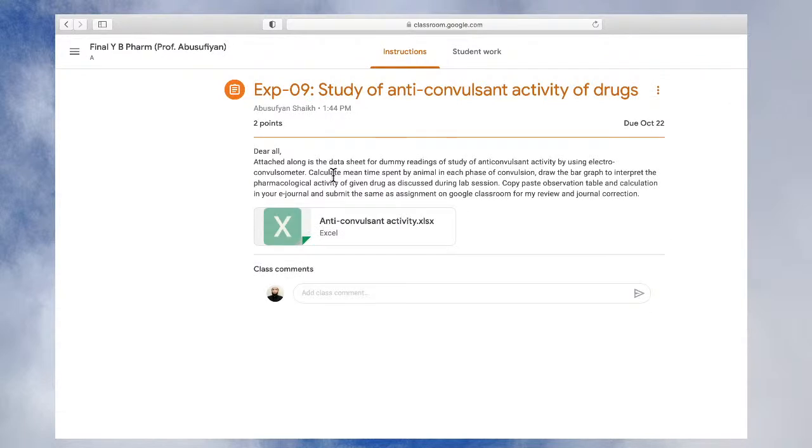Yes, in today's experiment there is no need to calculate the dose to be administered, because in all the previous experiments I have already shown you a demo for calculation of the dose. I am not asking you to calculate the dose because you are already well versed with that process, right? In today's experiment you just have to calculate the mean time spent by the animal in each phase of the convulsion, and then draw the bar graph to interpret the pharmacological activity of the given drug, as discussed during the lab session. I am not going to give a demo of the bar graph either, because I have already demonstrated this in the last 2